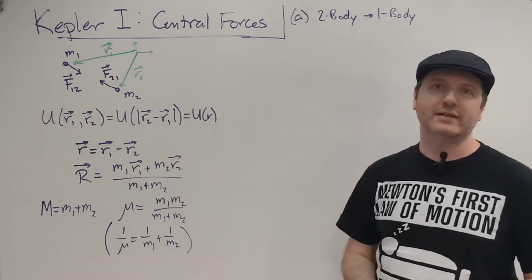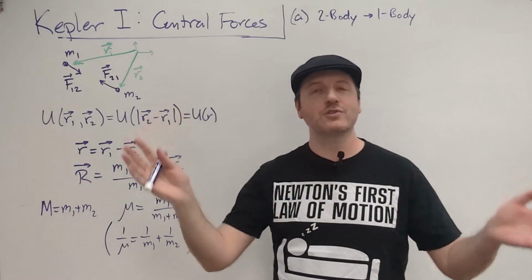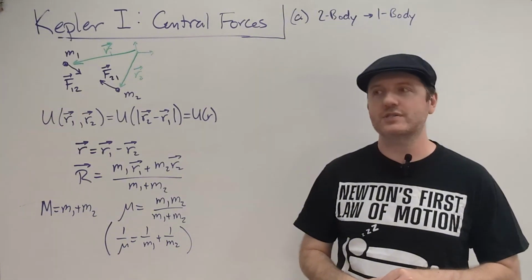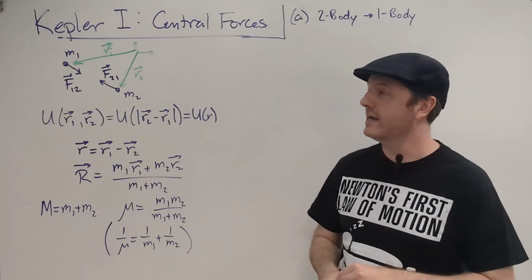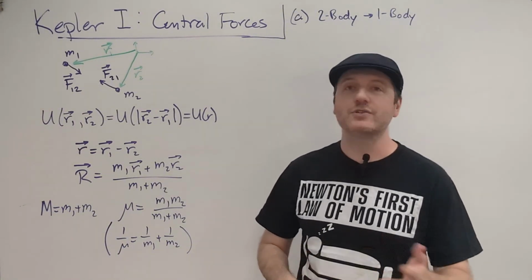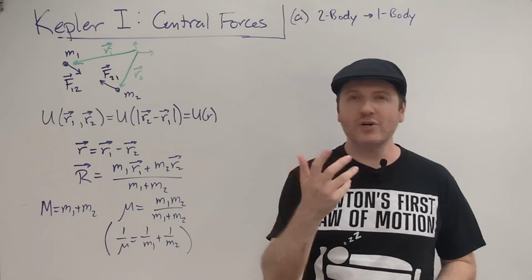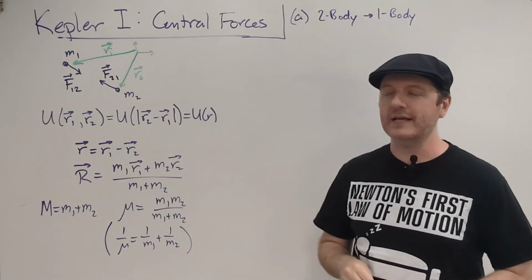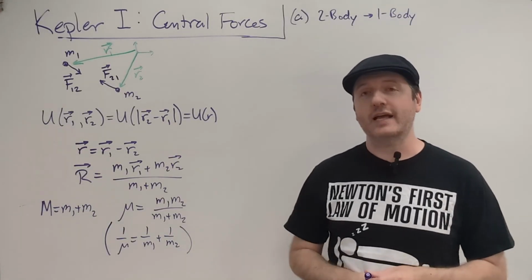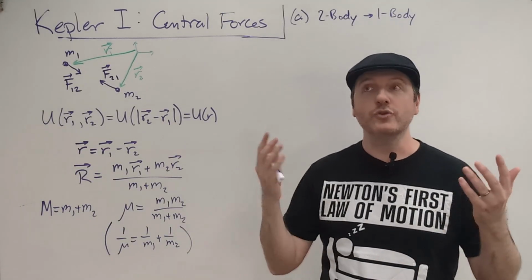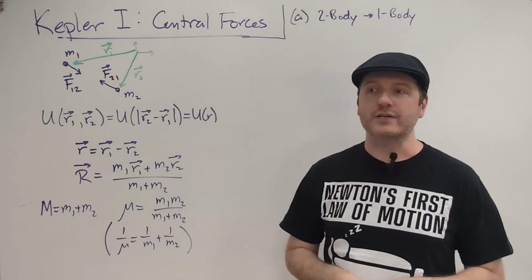For millennia, astronomers had tracked the motions of the planets, the moons, the stars, etc., across the night sky. There were data tables going back hundreds and hundreds of years, and patterns had emerged that were very difficult to explain. Newton then took those patterns and came up with his general idea of universal gravitation as being an inverse